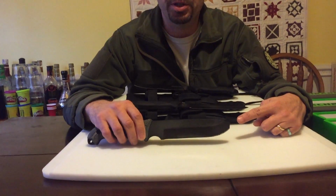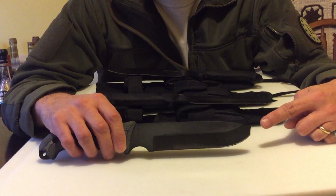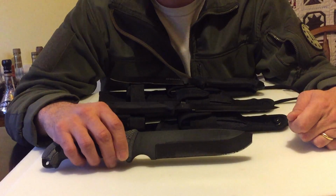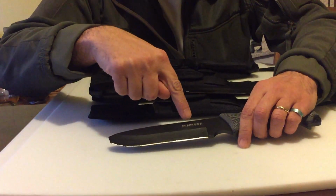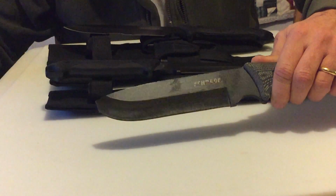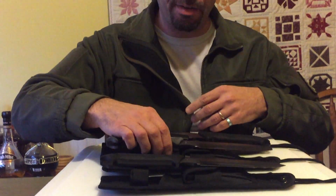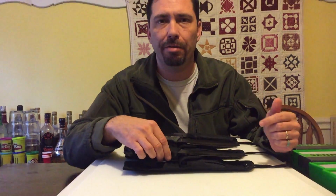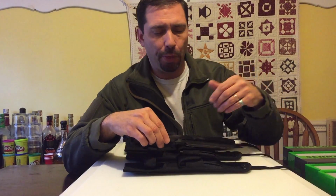The tip broke off of this one. Stabbed it into a log, pulled it out. You'll see it in the video. Snap the tip right off. Now you'll notice there's a little bit of rust, a little bit of rust around the edge too. And that happened just because after it broke I didn't bother to clean the knife up when we brought it back in. It was snowy outside. Anyway, the third one,